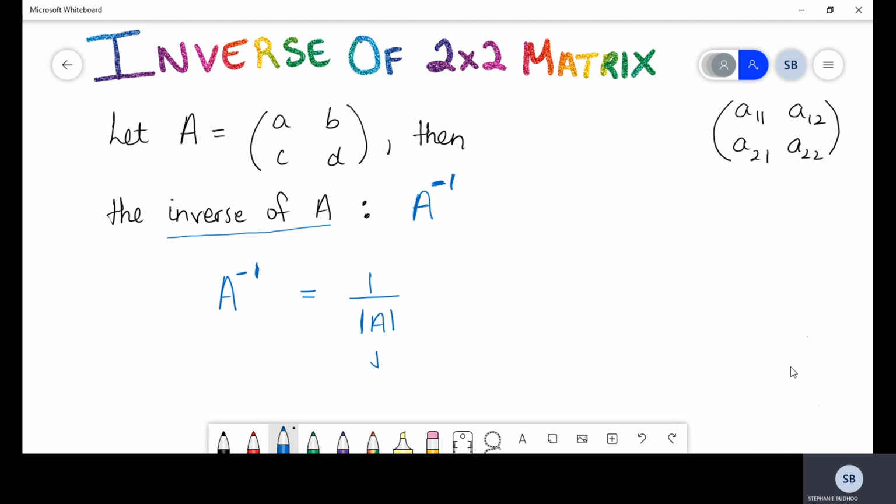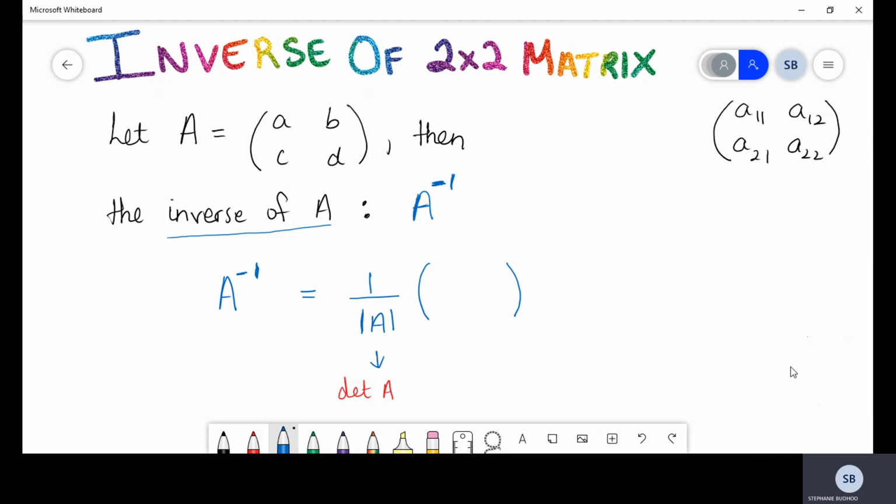And you guys should recall that when you have a letter within parentheses like these, that's the determinant of a matrix. All right, so if you can't remember, go back to the video on determinant of matrices, and it would highlight that a notation for the determinant of a matrix is also given by this. Okay, so continuing with our formula here, to find the inverse of a matrix, it's simply 1 over its determinant by